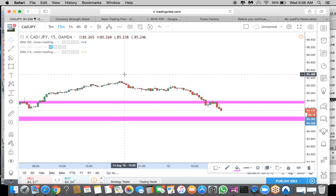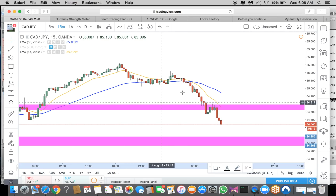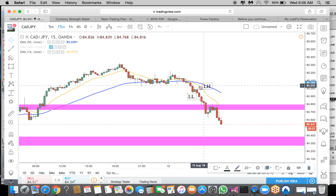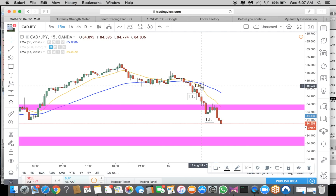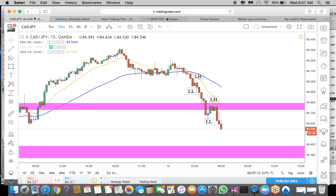So we go over here to the 15-minute, and what did the 15-minute do? The 15-minute was perfect. The 15-minute was already making lower lows and lower highs. Right? Lower lows and lower highs. It was already making lower lows and lower highs. So we know that by following,